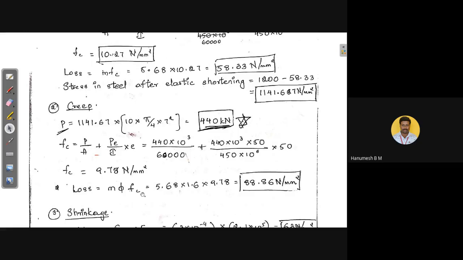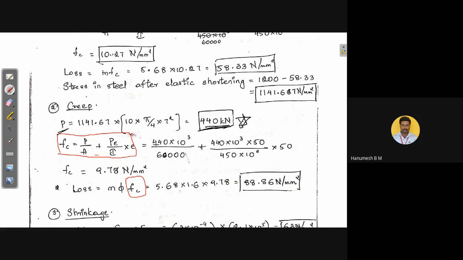Then FC means that is stress in concrete at the level of steel. ಇದು ವೆರಿ ಇಂಪಾರ್ಟೆಂಟ್. FC ಕ್ಯಾಲ್ಕುಲೇಟ್ ಮಾಡಿ, ಪ್ರೀವಿಯಸ್ ಸ್ಟೆಪ್ ಅಲ್ಲಿ ಕೂಡ ನಾವು FC ಕ್ಯಾಲ್ಕುಲೇಟ್ ಮಾಡಿದ್ದೀವಿ. ಬಟ್ ಪ್ರಾಬ್ಲಮ್ ಅಲ್ಲಿ ಏನು ಹೇಳಿದಾನೆ, ವಿ ನೀಡ್ ಟು ಅಲೋ ಇಟ್ ಫಾರ್ ದ ಎಲಾಸ್ಟಿಕ್ ಶಾರ್ಟ್ನಿಂಗ್. ಎಲಾಸ್ಟಿಕ್ ಶಾರ್ಟ್ನಿಂಗ್ ಅಲೋ ಮಾಡಬೇಕು ಅಂದ್ರೆ ವಿ ನೀಡ್ ಟು ಸಬ್ಸ್ಟಿಟ್ಯೂಟ್ ದ ನ್ಯೂ ಪ್ರೀ-ಸ್ಟ್ರೆಸಿಂಗ್ ಫೋರ್ಸ್ ಆಫ್ಟರ್ the losses due to elastic deformation. Now the formula remains the same. FC is equal to P divided by A plus P into e divided by I into e. In this step the pre-stressing force changes. All other parameters remain the same.